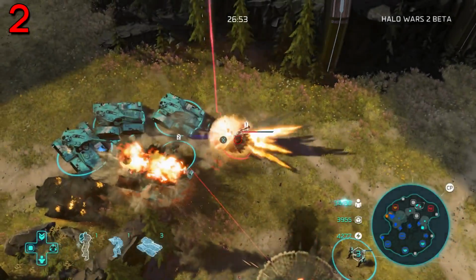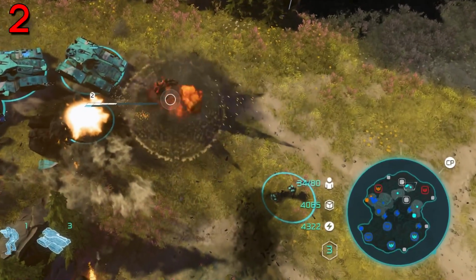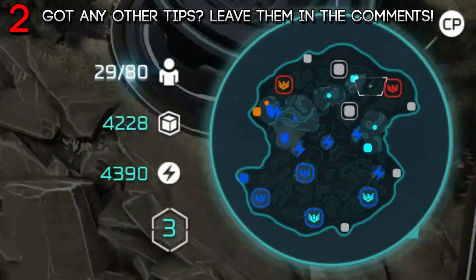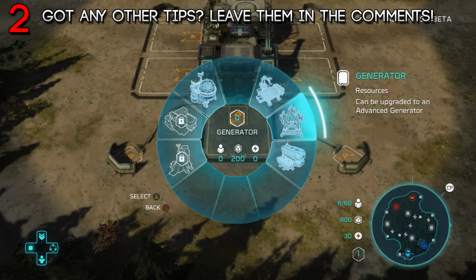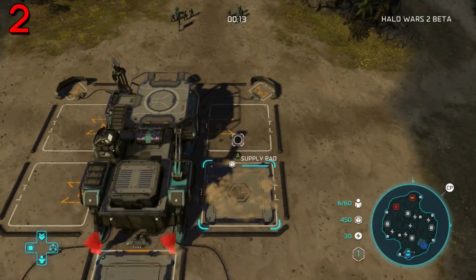Tip number 2 is resource management. Now that Halo Wars 2 has an additional type of resource in the form of energy, managing these two resources together can get pretty tricky. Oftentimes I find myself filthy rich in one resource and pretty much dry in the other, so I found a pretty decent way to get around this, and that is by building 2 of each resource producing base